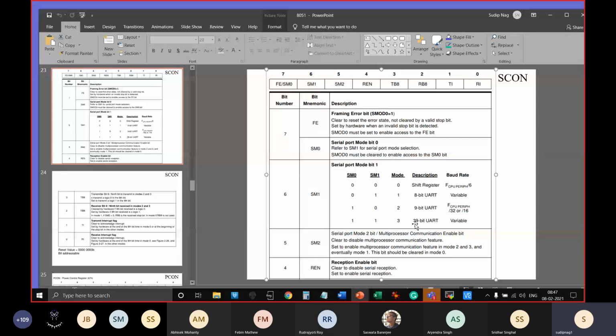Okay. So in serial port mode 2, this multi-communication bit is actually set. So it's set to enable multiprocessor communication. So in mode 2 and 3, again 9-bit can be used, because if you have 3 microcontrollers, one is transmitting, 2 are receiving. In that case, the D8 pin can be used as an address for which of the other 2 microcontrollers. So this multiprocessor communication feature is there,